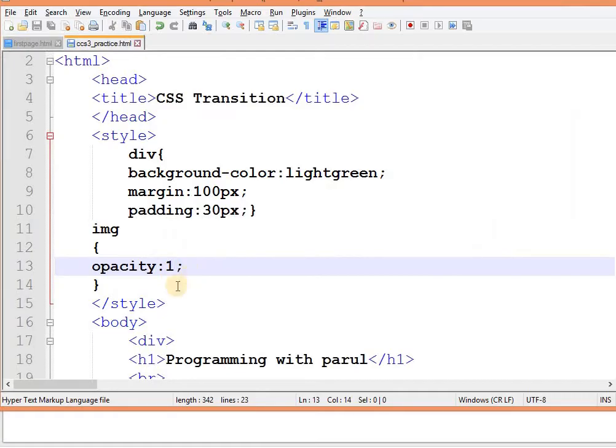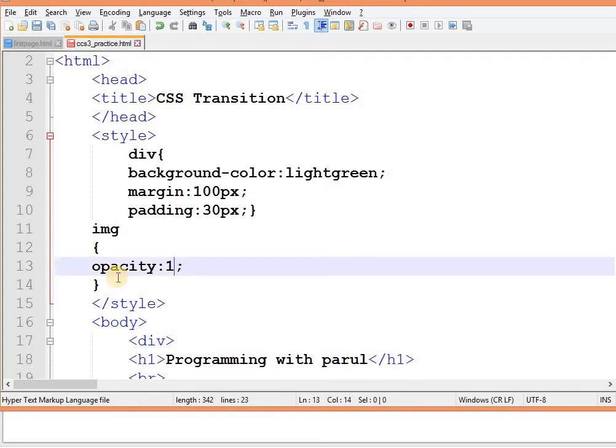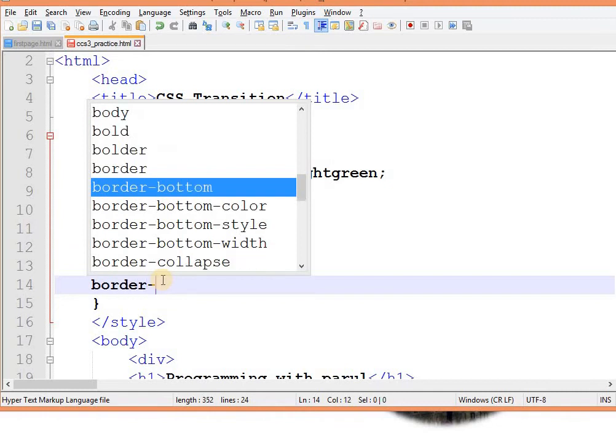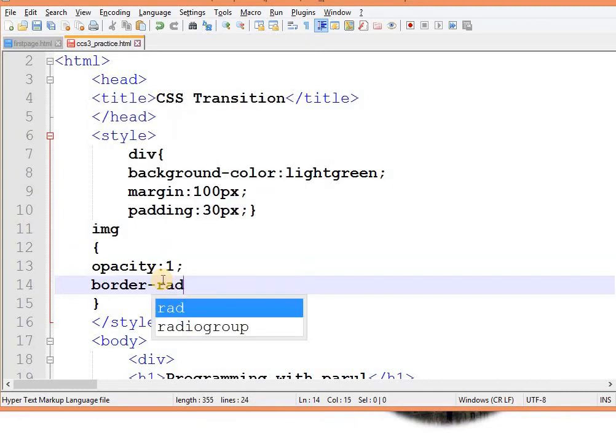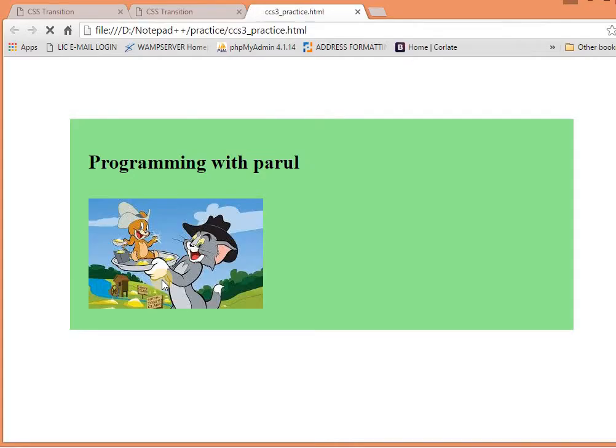Now I am going to add another property, and that property is border-radius. Let me set its value to 8 pixels. Save this and refresh this page.